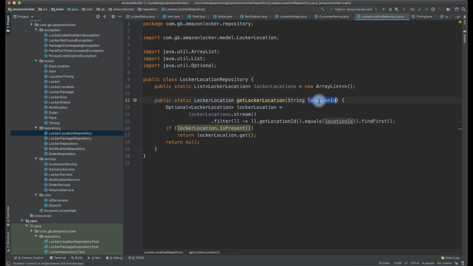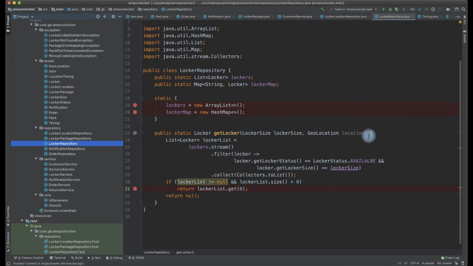Here this location ID is a string, right? So what we need to do is, given the location coordinates, we need to find the locker. I assumed that I abstracted that method out. It means that I assume I have a method where, when I supply the coordinates, the locker is fetched. That's what I have abstracted out, which will be clearly visible right here.